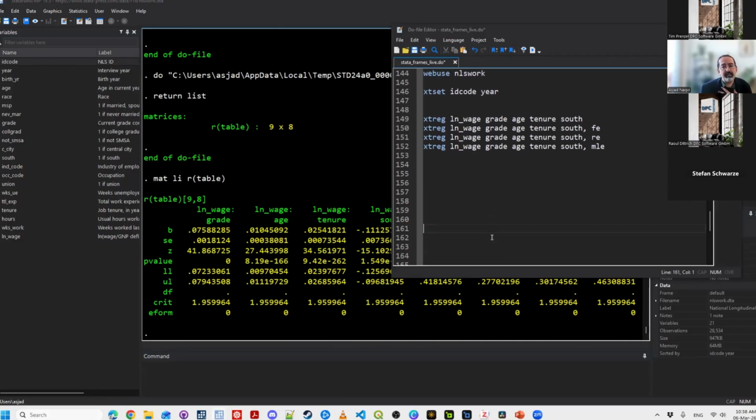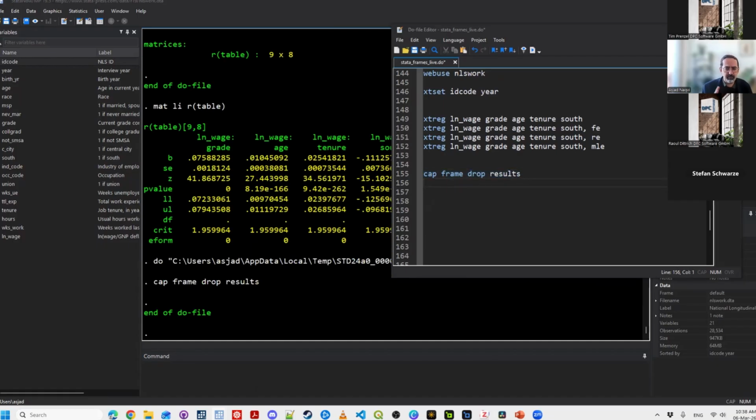So let's set up a basic workflow. Again, this is a very context specific workflow, but this is just to give you an idea of what you want to do, right? So let's say capture frame drop results. So we just make sure we don't have a frame called results. We say frame create results, and we want two descriptive variables. We can say str15. We want the model,